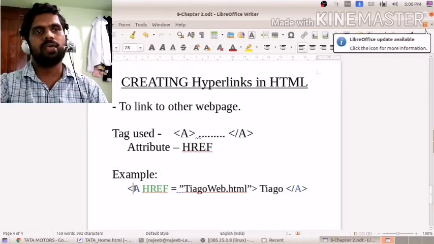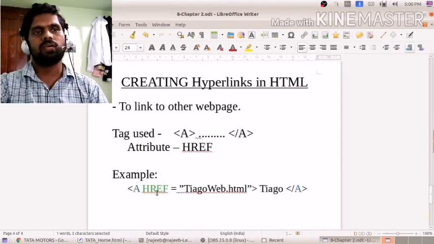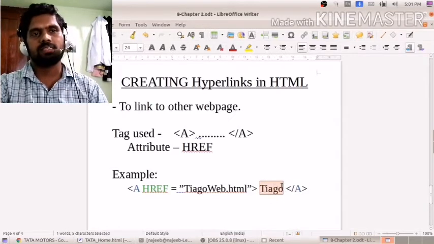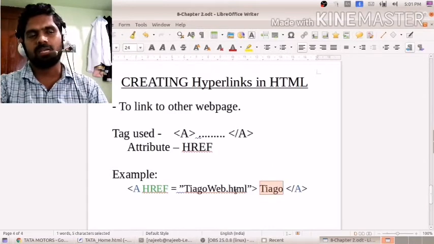For example, a href equal to Tiago web.html, then Tiago, which means Tiago is the link text. When clicking this Tiago, it will go to the reference page, tiago web.html.